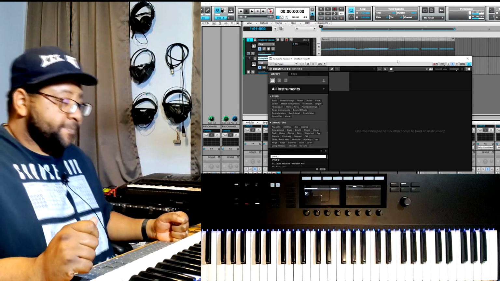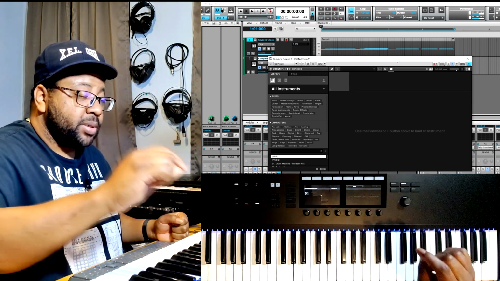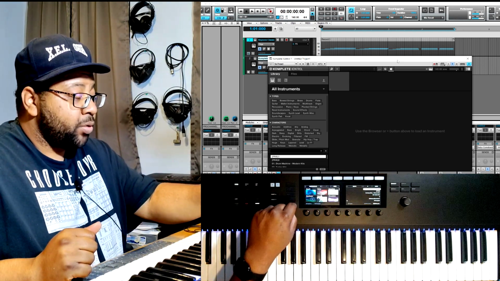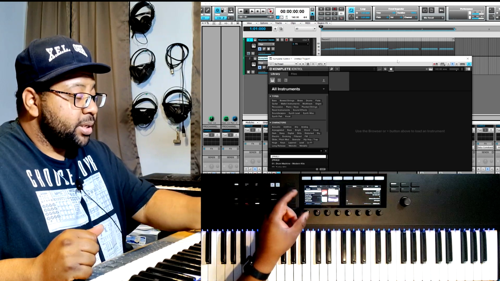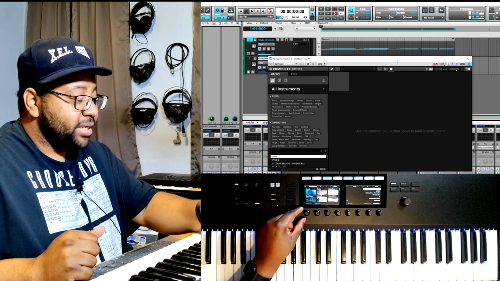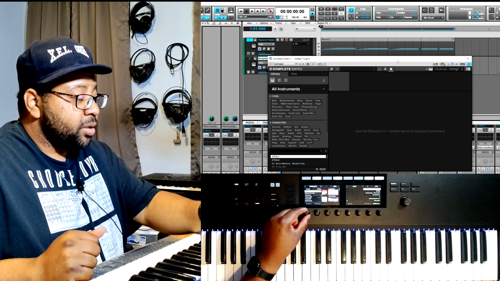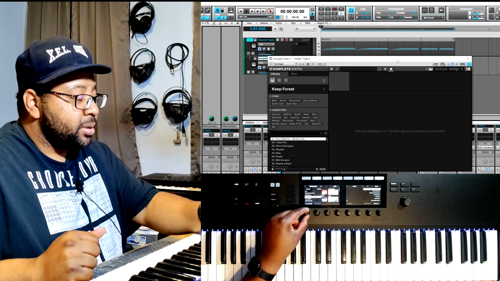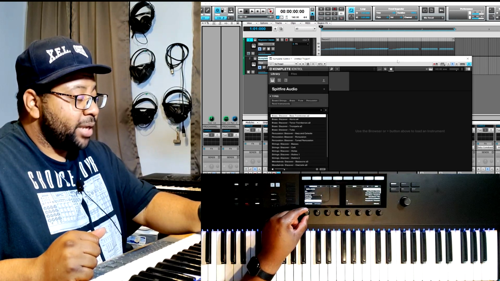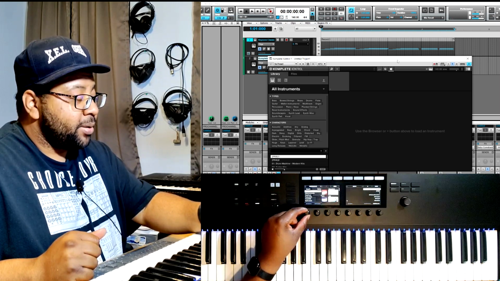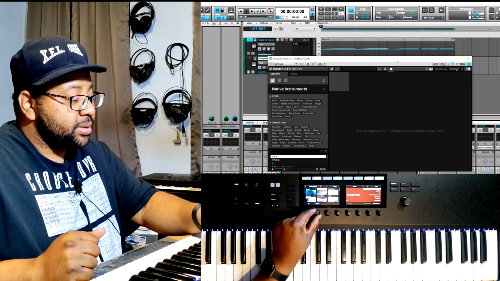So let's find an instrument. The first thing I'll do is go to browser. And as you see here, it shows me all the instruments that I can actually do. And if you just kind of tap the button or just hold over the section, I guess it has a sensitivity, and you can go through and choose different things. You can go with Native Instruments, or if you have any other setup in here that's recognized by Native Instruments. So right now, let's go Native Instruments and let's choose,